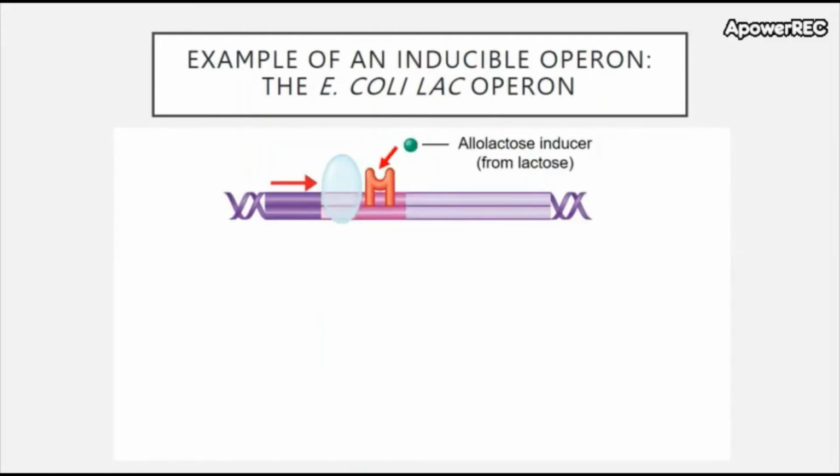So normally this protein is present because normally this operon is turned off. However, there are conditions, environmental stimuli, which inactivate this repressor protein. And that environmental condition is the presence of lactose. There is a metabolic derivative of lactose, and it's called allolactose. And this metabolite can bind to this repressor, this LAC-I repressor protein, and when it binds to it, it inactivates